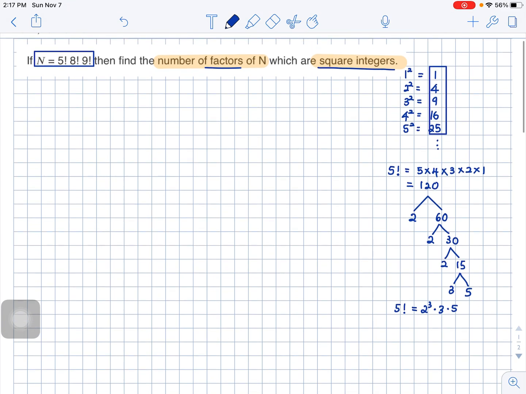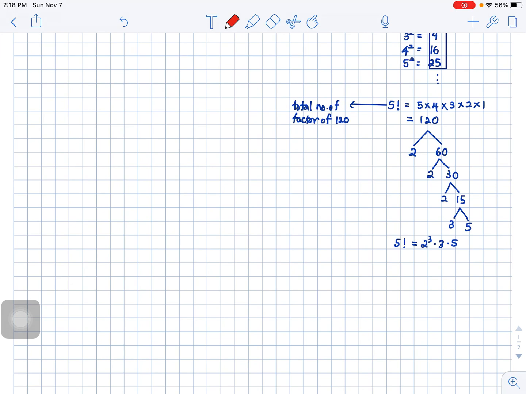Okay, now if I ask you to tell me the total number of factors of 5 factorial itself, of course, it is going to be a lot. How do you find that without listing everything? It's kind of simple. You take your prime factorization and look at the powers. I have a 3, and then a 1, and here also a 1. Now the formula works this way: you take each power and add 1 to it. The first one is 3 plus 1. The next one I have a 1, so what is 1 plus 1? You write it as 2. You repeat the process until you complete the prime factorization for 5 factorial. And that is going to give me